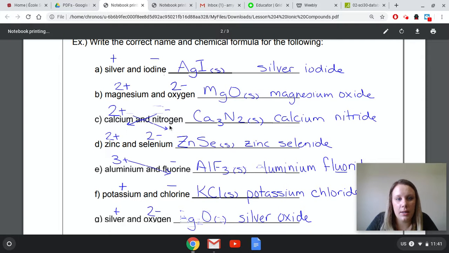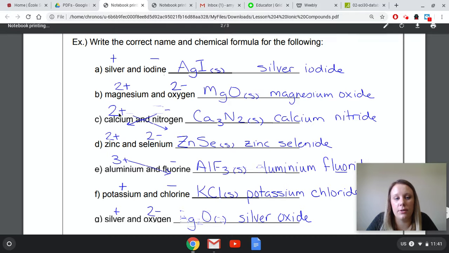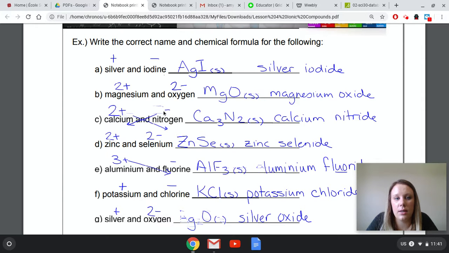Calcium and nitrogen, you can see that these charges off the data booklet are different. We have 2 plus and negative 1. So what we have to do for these to cancel is we cross the charges. What this means is if you go over here and you write calcium and you write nitrogen without any subscripts,